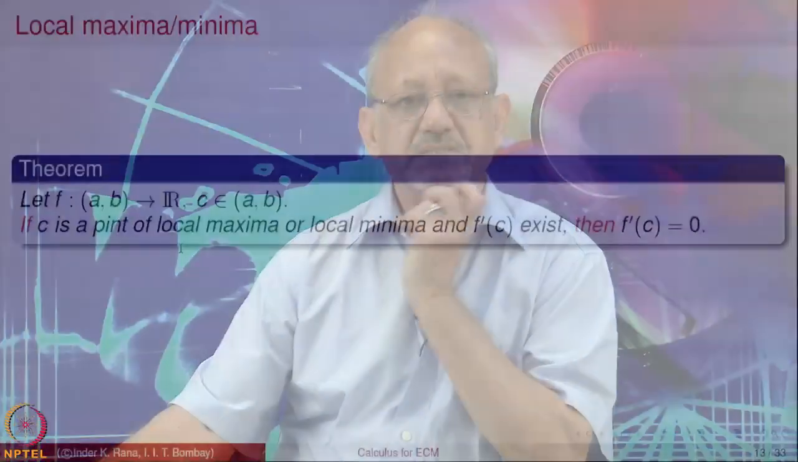So, this is the definition of local maxima and local minima. We would like to know when we can say, if we know some property about the derivative of the function, that the function will have a local maxima or a local minima. So, the first result is